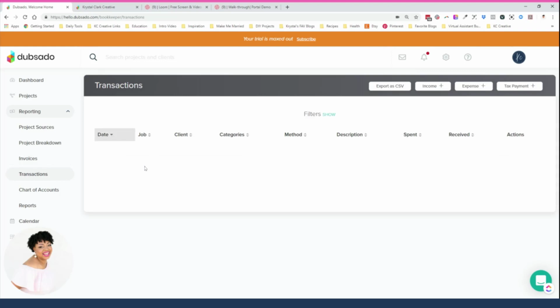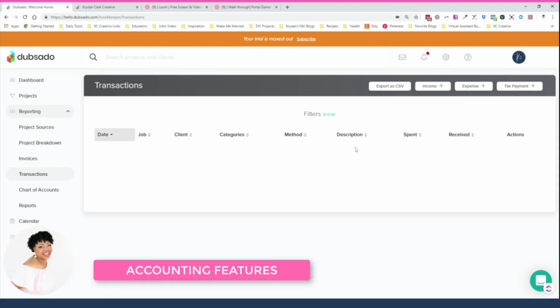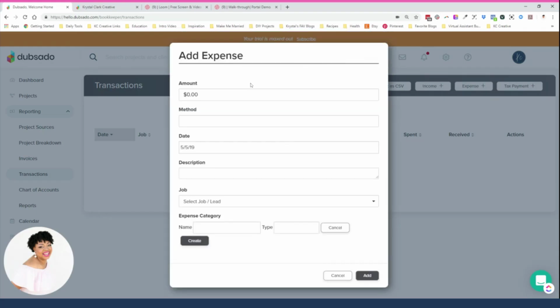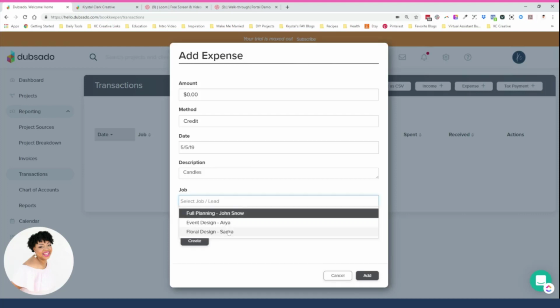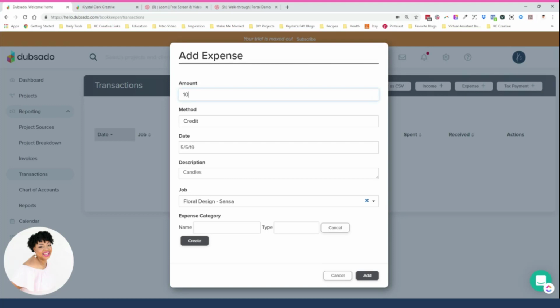You're also able to review any transactions in here, either incoming monies received from clients from invoices that you've sent, or you can create an expense to say, hey, I spent $100 using my credit card on Facebook advertising. You can assign that to a job if this is an expense that you spent specifically on a client. Let's say you purchased candelabras or candles for Sansa Stark's floral design. Then you can say I spent $100 on her floral design on my credit card, and you can assign that